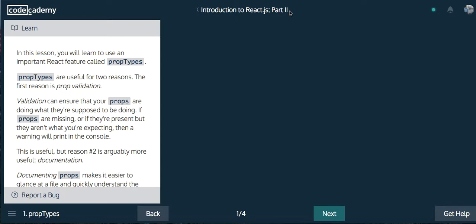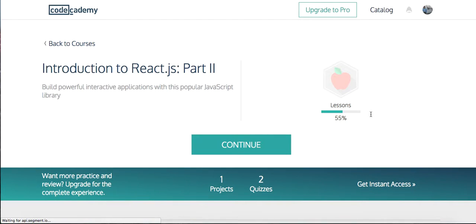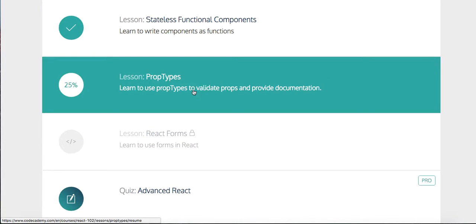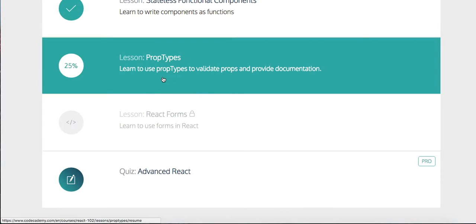This is part, let's see, I think this is Part 14 in my series, so let's get to it. If we look back, we can sort of see where we are. We're 55% through, and so we're going to do prop types, learn how to use prop types to validate props